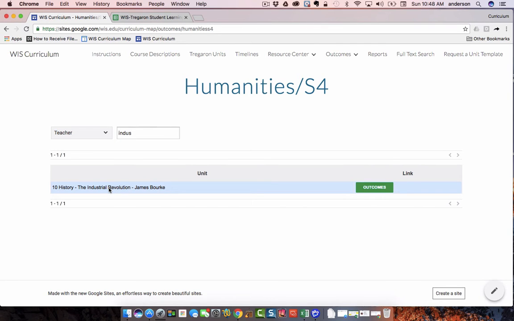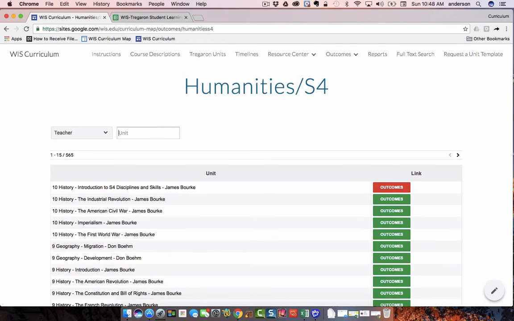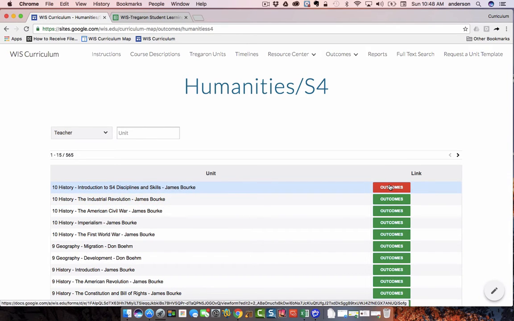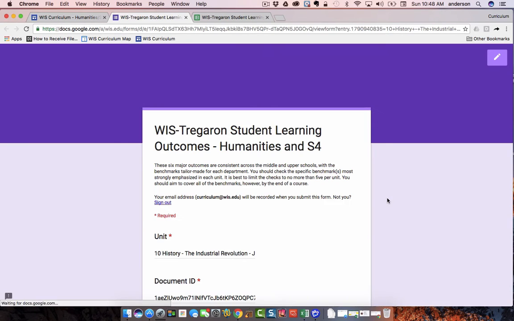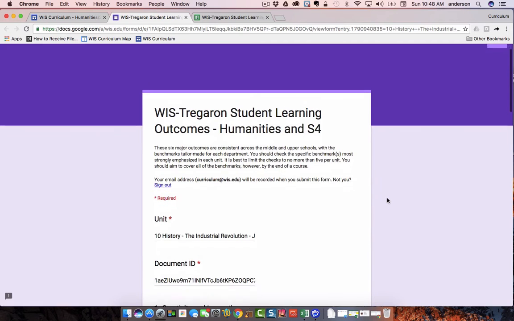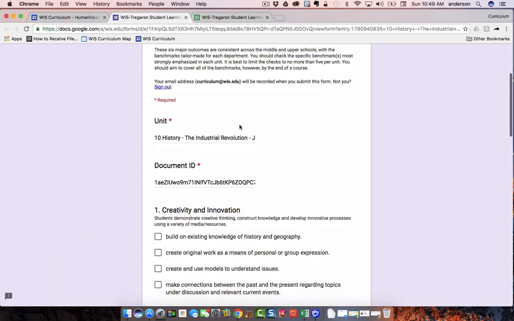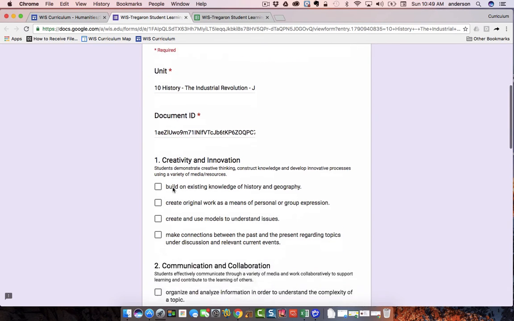So the green buttons indicate that no outcomes have been submitted for that unit, and the red ones would indicate that you are about to modify existing outcomes. So I'm just going to select one that hasn't been submitted to talk a little bit about this. When I click on it, notice it pre-populates the unit and the document ID. This is so we can tie it specifically to that unit planner via the document ID. And then I can proceed to